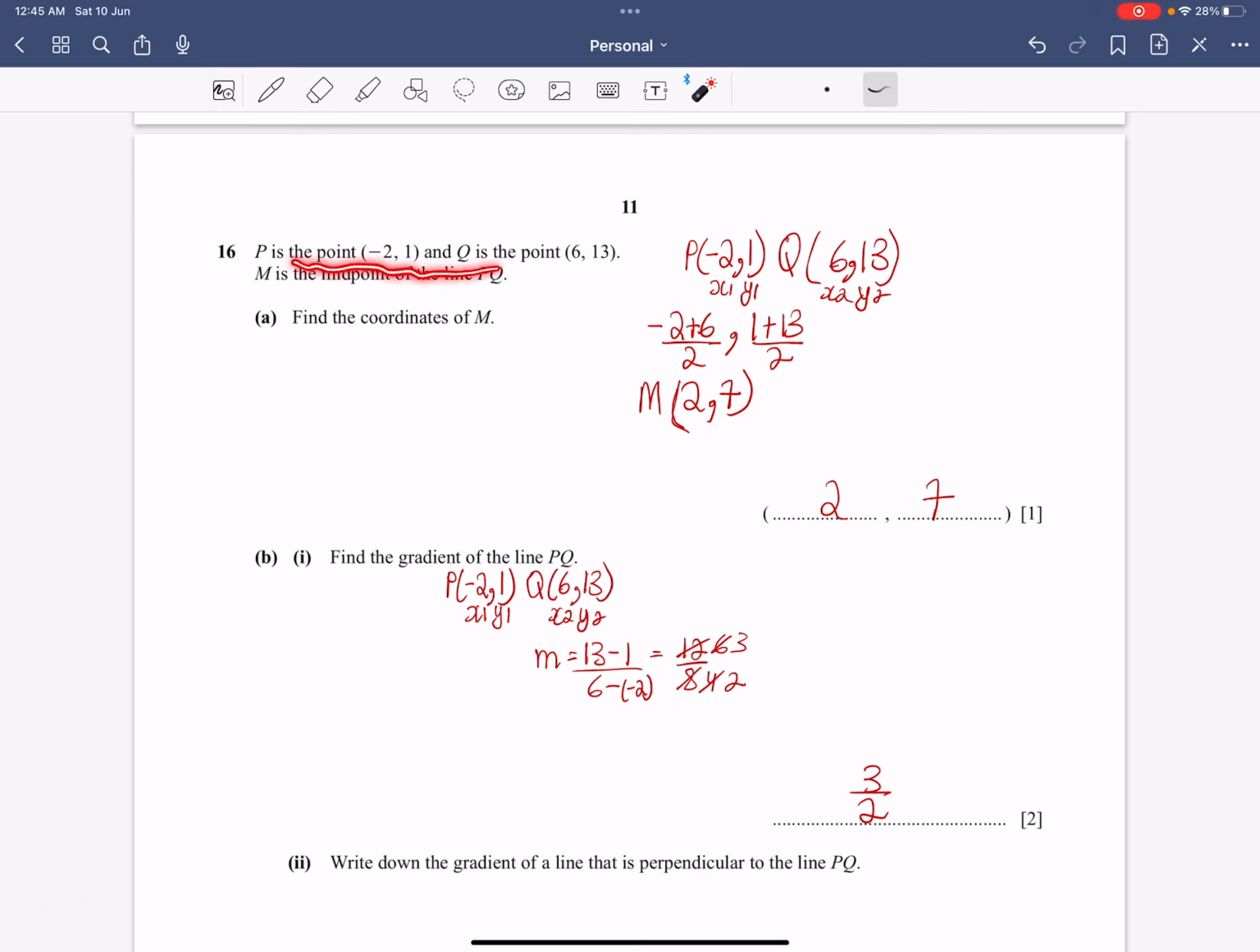P is the point -2, 1, and Q is the point 6, 13. M is the midpoint of the line PQ. Find the coordinates of M. So in order to find the coordinates of M, the midpoint,